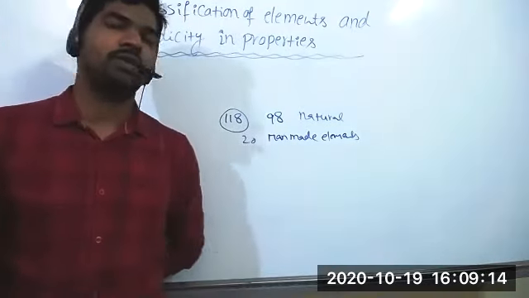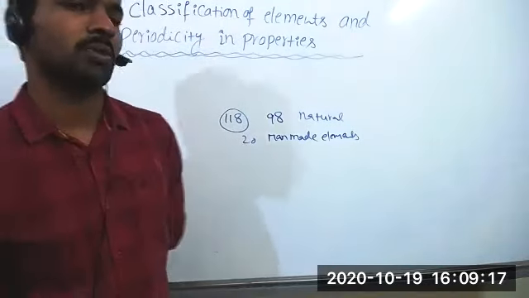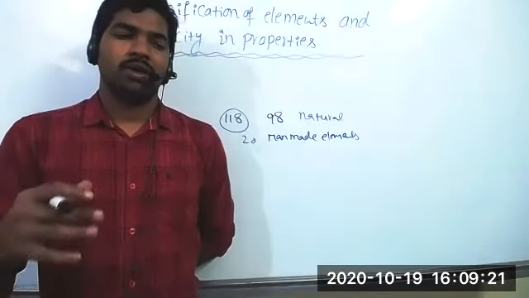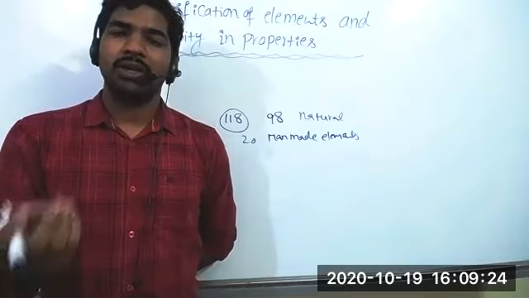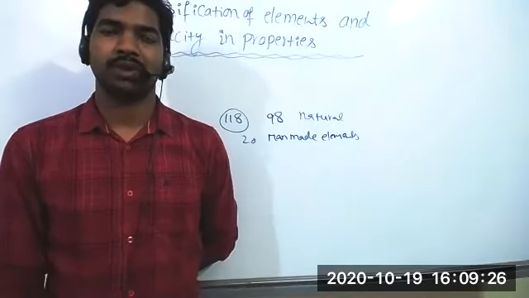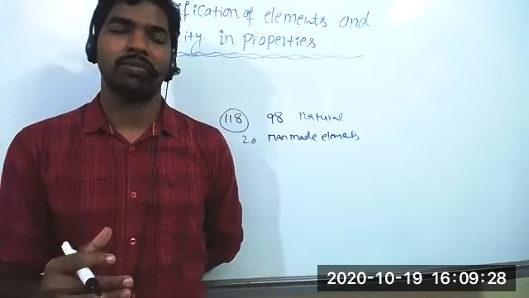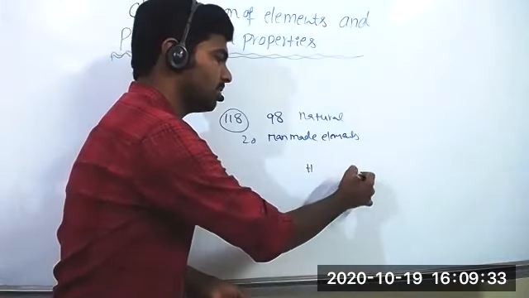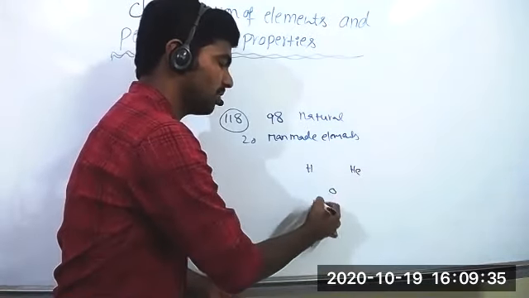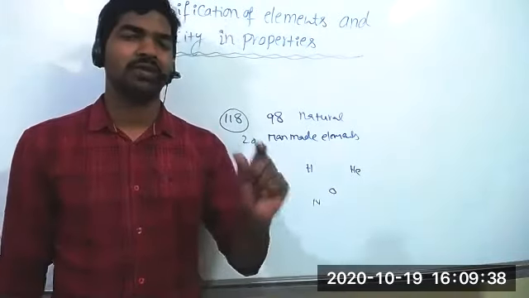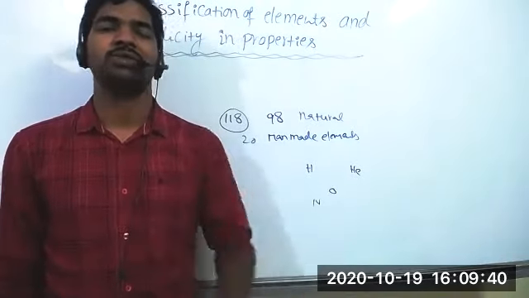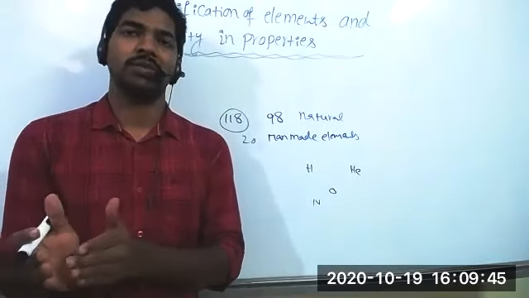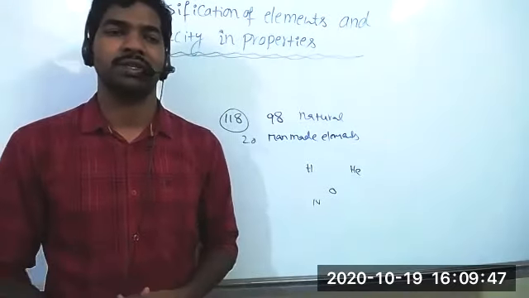So each element has its own properties, chemical or physical properties, and its own arrangement of electrons in the atom. The study of each individual atom is very difficult. That's why we need a tabular form. Suppose hydrogen has some properties, helium has different properties, oxygen has different, nitrogen has different properties. So studying the properties of each element individually is difficult. Suppose we group together all the elements which have similar properties, then it becomes very easy, right?